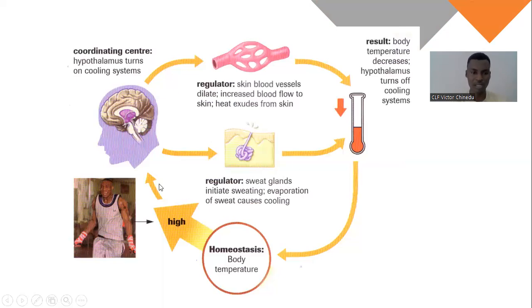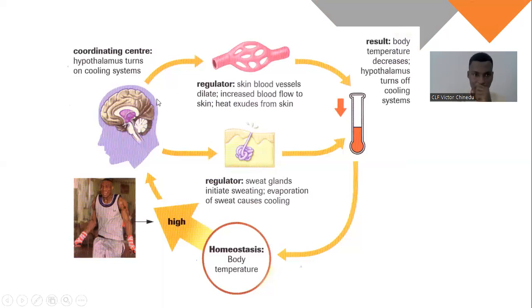Now, I hope you can see my cursor. Now, this guy, he's not actually running around the school stadium, but he's actually skipping. That's another example of a vigorous exercise. So from the picture, you can see he's sweating, isn't he? He's sweating. His temperature has increased. So the question now is, what does your body do to ensure that this increase in your body temperature does not adversely affect your internal milieu or your internal systems?